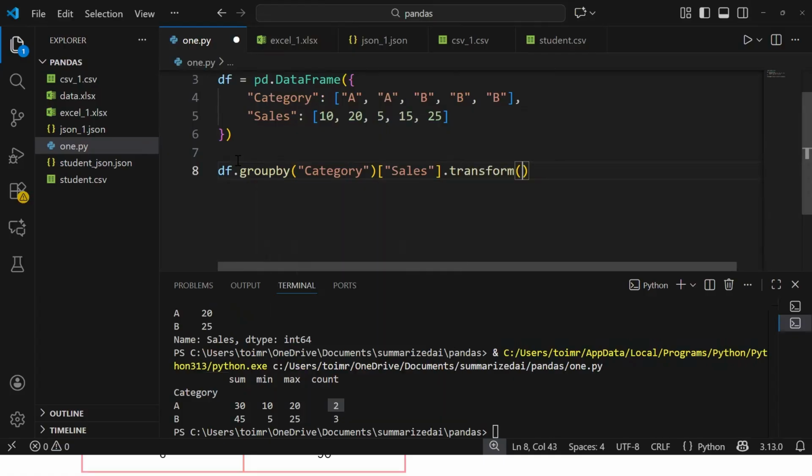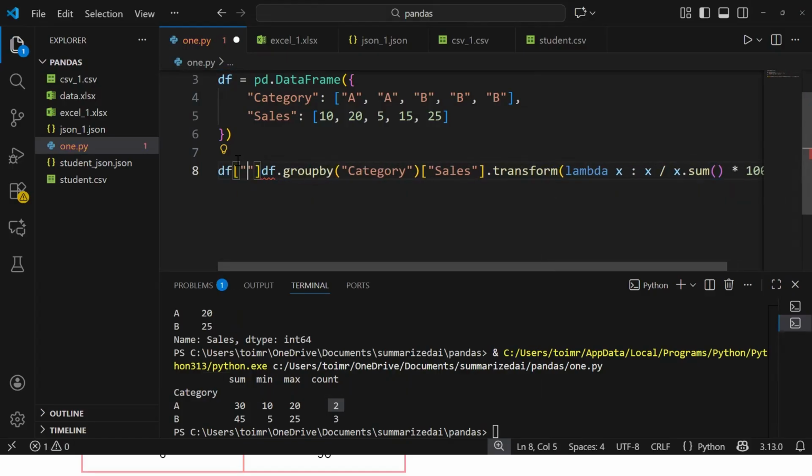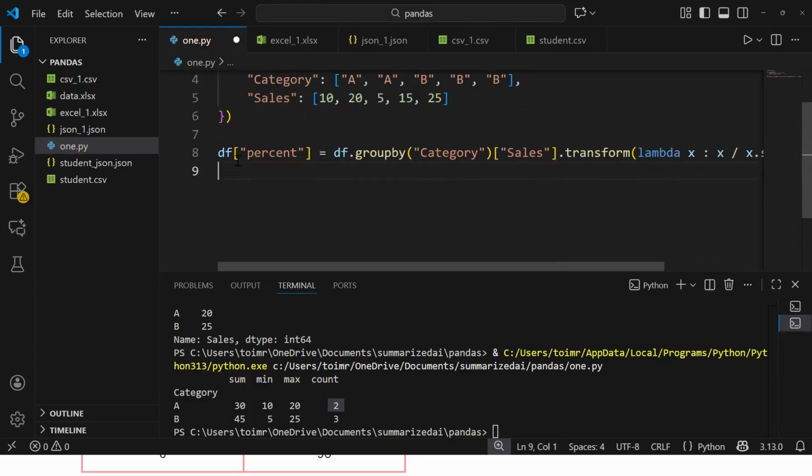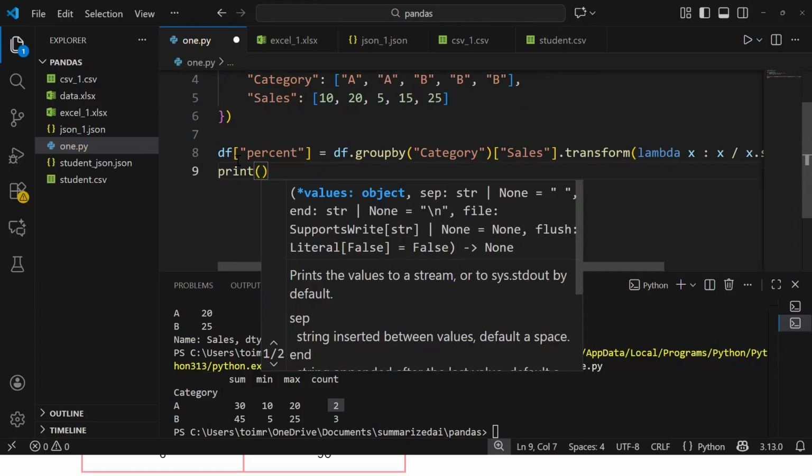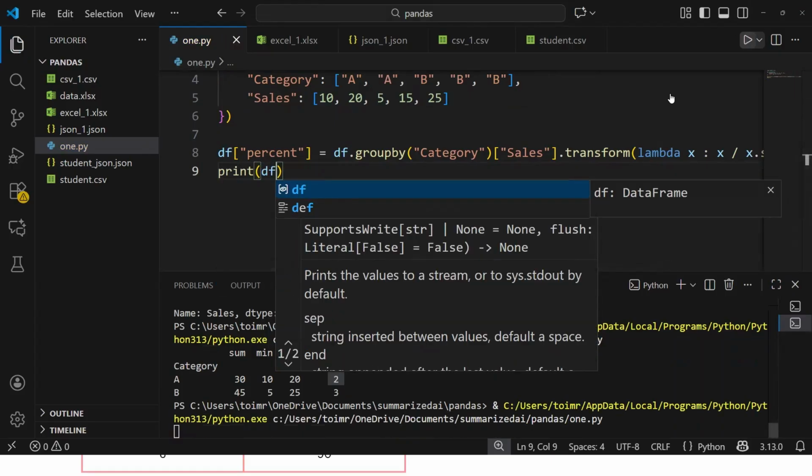Here we can use a lambda function: x colon x divided by x dot sum, and then into 100. Great. Now one more column will get created, and that particular column data we can store in df percent. Now if I execute this piece of code and print the final data frame,